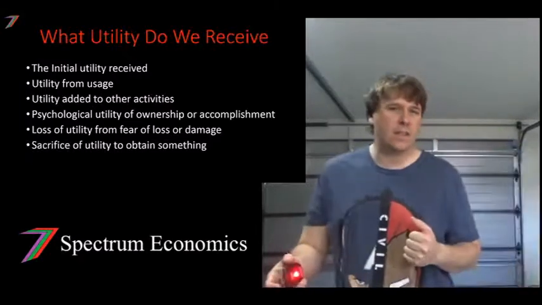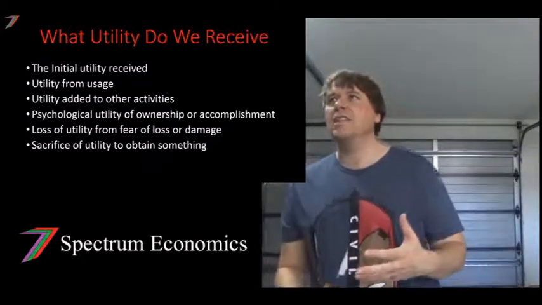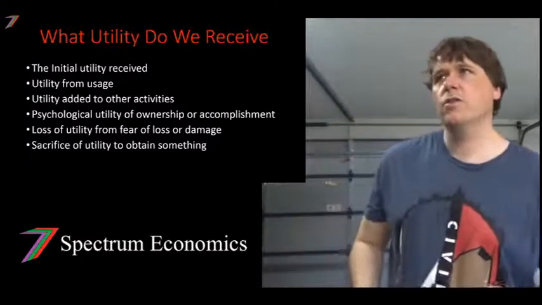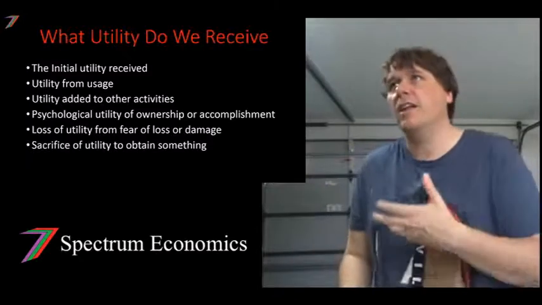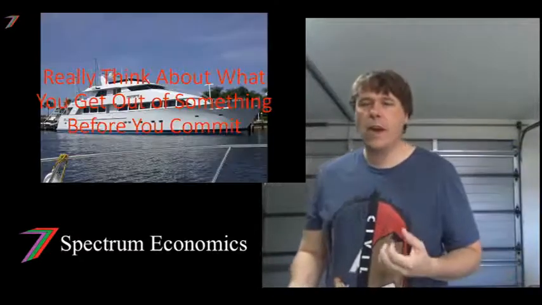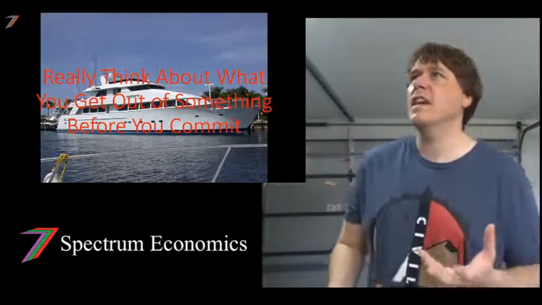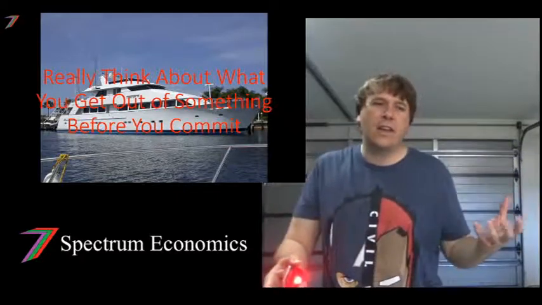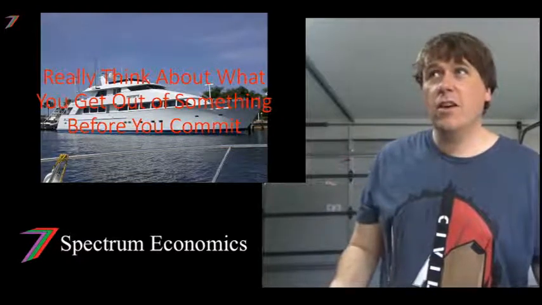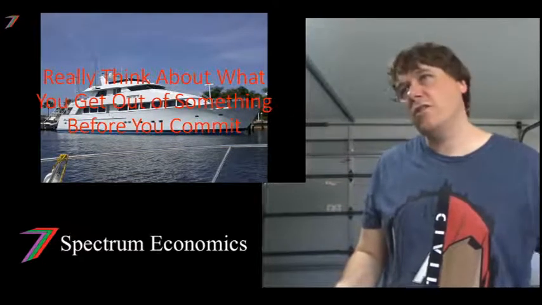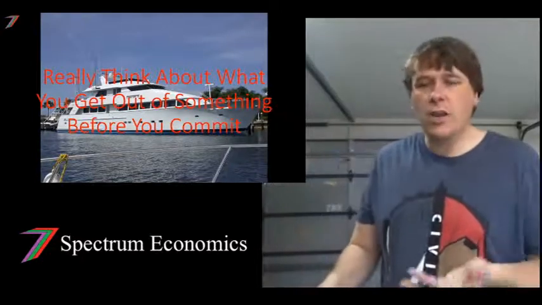There's also the sacrifice of utility I mentioned before. Whenever you get something, it always comes at a cost. We talked in our previous video about how, in order to enjoy a coconut, you have to spend the time to go out and collect that coconut. In a scenario where we have money, you need to have the money to acquire that. And in most cases in today's society, you need money for practically everything. For example, you could be earning $100 an hour, let's say. If you wanted to get something that was worth $1,000, in a sense, you're sacrificing 10 hours, which could have been used elsewhere.